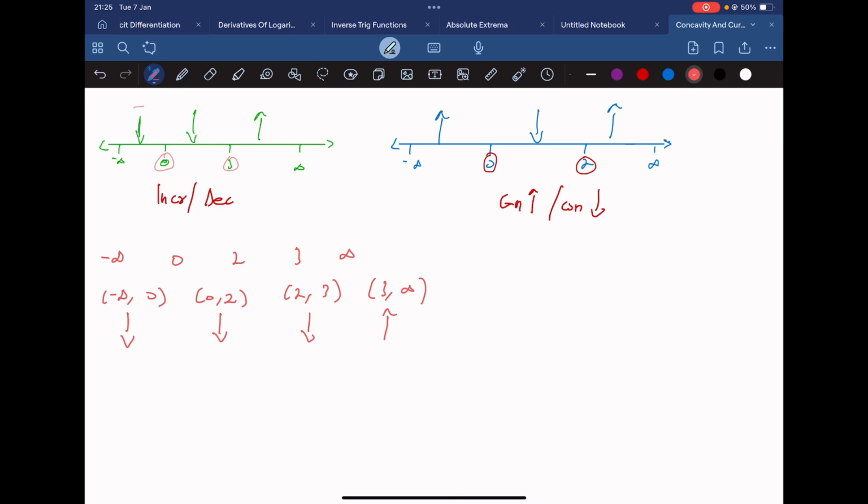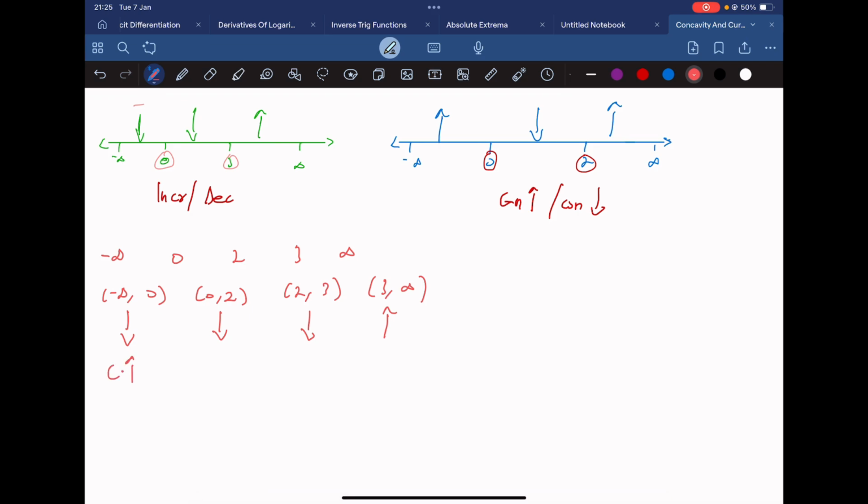Okay. Now, let's check for concavity. For concavity, from negative infinity to 0, we got to see that it was concave up. From 0 to 2, we got to see that it was concave down. From 2 to 3, remember 2 to 3 is within this range. So we got to see that this was concave up, and 3 to infinity is also in that range, so this is also concave up. So one thing that you have to note is